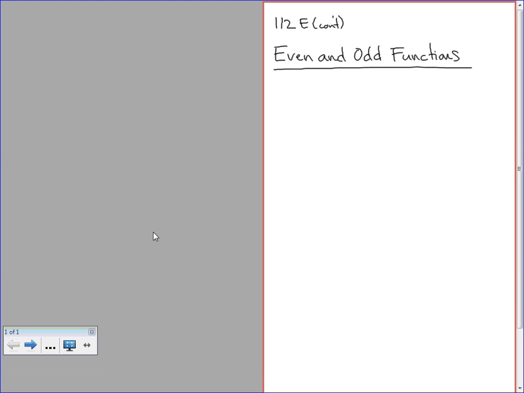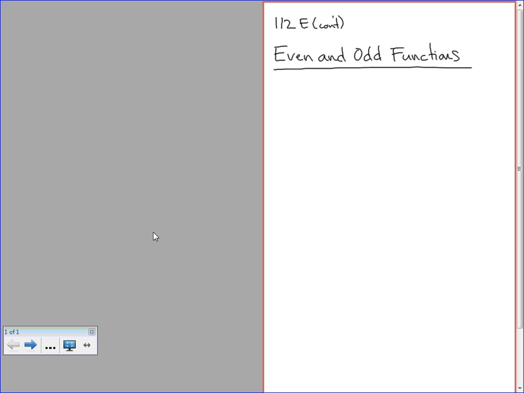Okay, even and odd functions. When I'm talking about even and odd functions, I'm not talking about even and odd degree functions. They're different than even and odd functions. So an even function is a function that is symmetrical around the y-axis, which means that if you take your